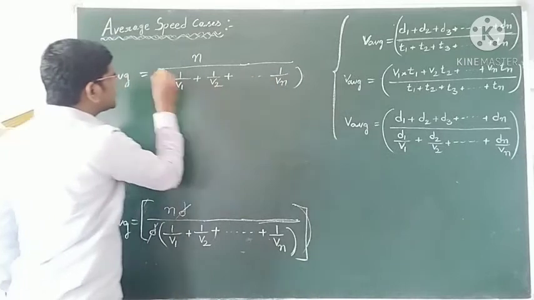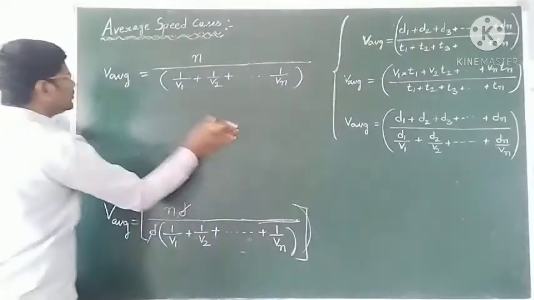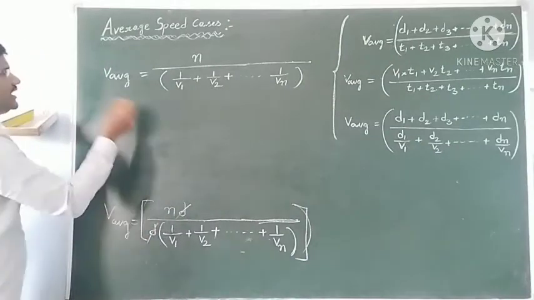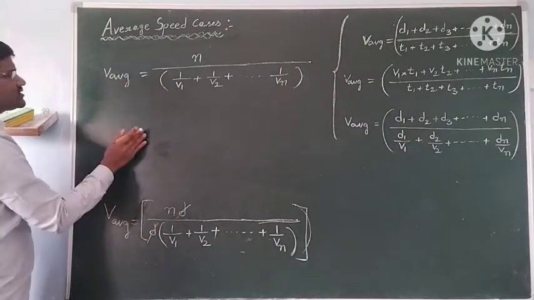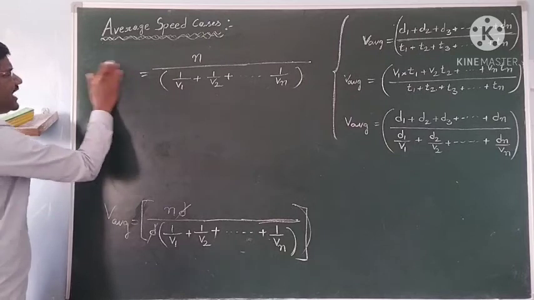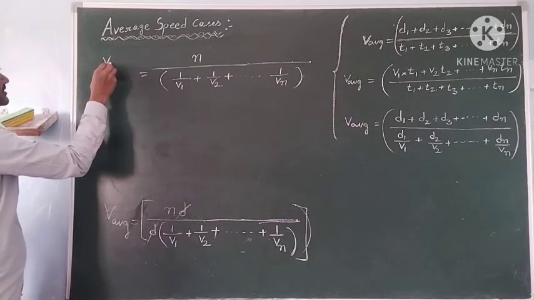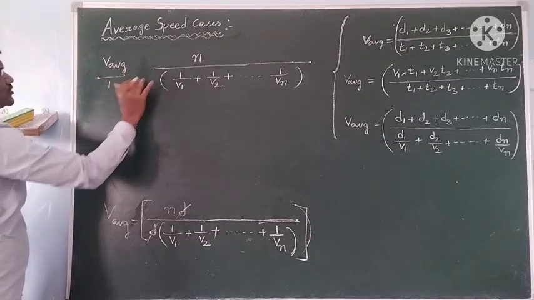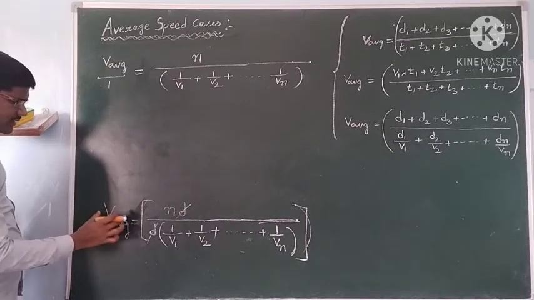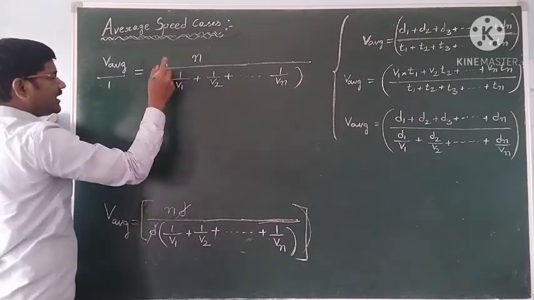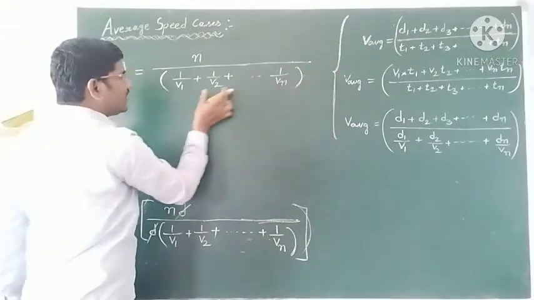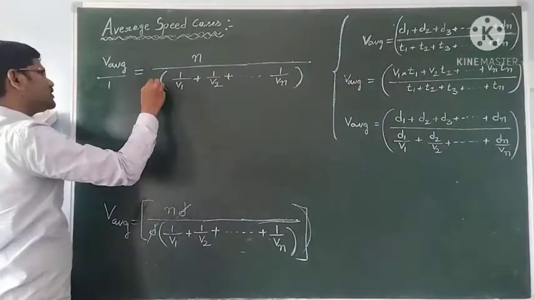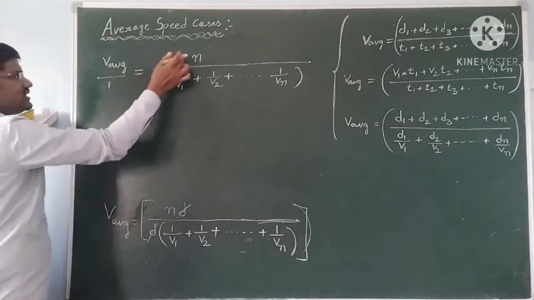Okay students, now this is the formula, I got it. So then I will do one thing, see students, for this V average, nothing is there in the denominator, 1 is there. So average speed is equal to n by, how many speeds do you have? Those in the denominator: 1 by v1 plus 1 by v2. Then just send this n down